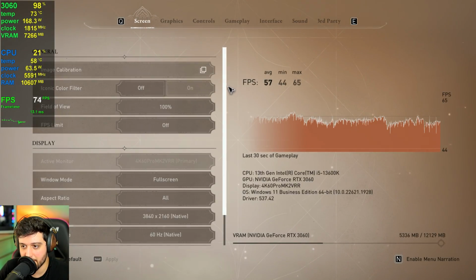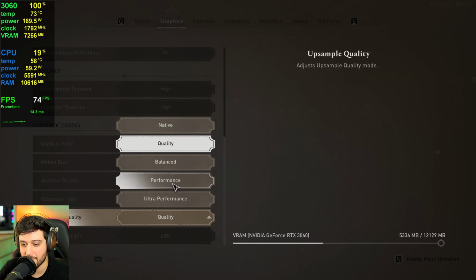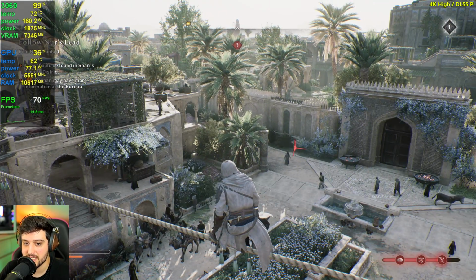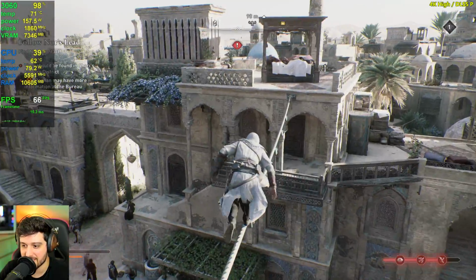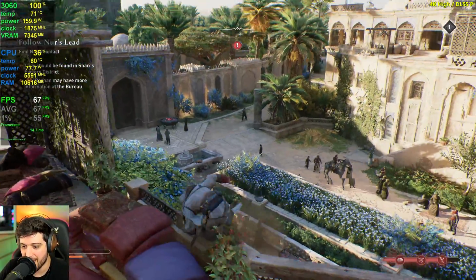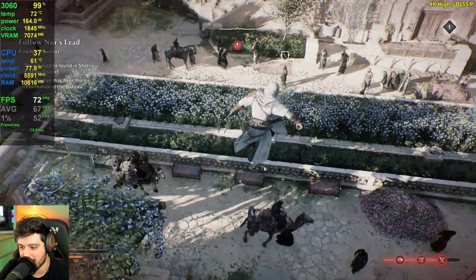Alright, let's stop it there though. Balanced DLSS would give us very minor improvements, so I'm gonna set it to performance right now. And on performance, finally we're seeing 60 plus, although I still think it will drop, but hey, I wouldn't really drop the graphics further than this, you know, from high or...